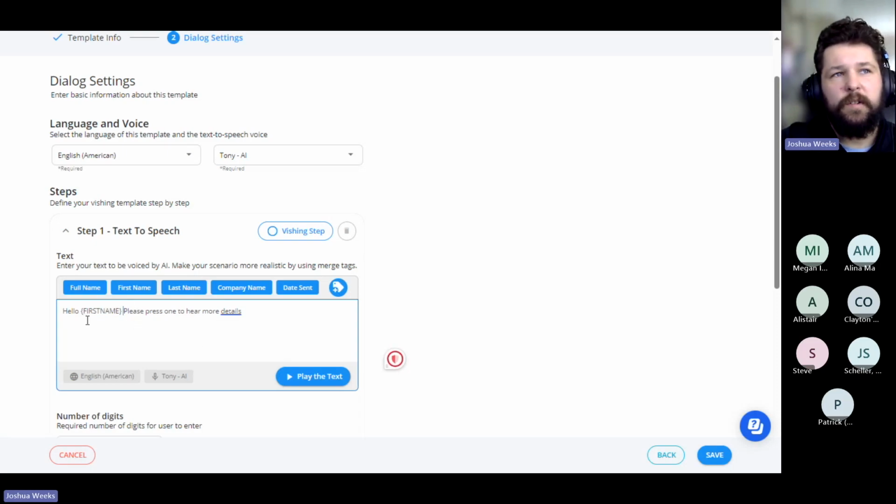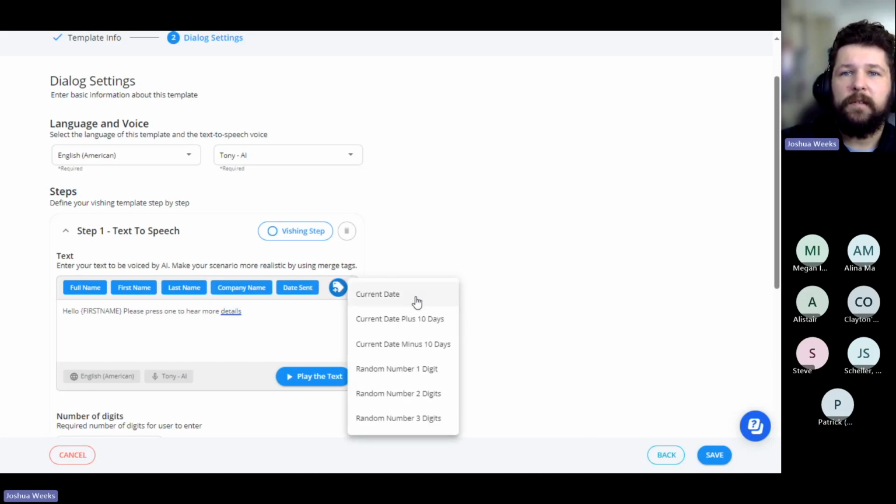This is going to directly reference your target user information. So your employees' information that you have added into the platform will automatically populate here with the relative fields in these merge tags. So we could pull in the full name, first or last name. We could pull in your company name, the date that this campaign is sent, and then we also have a handful of other merge tags available as well.